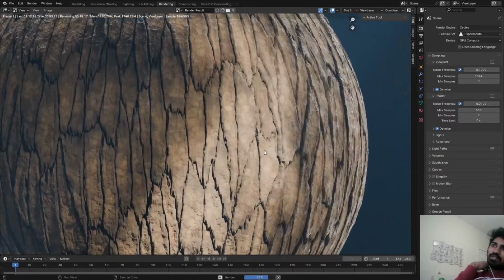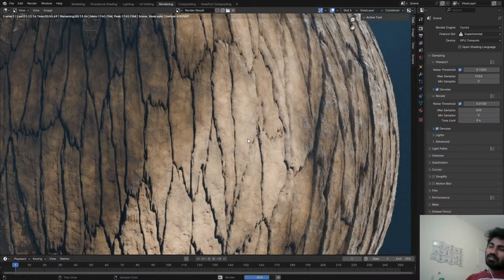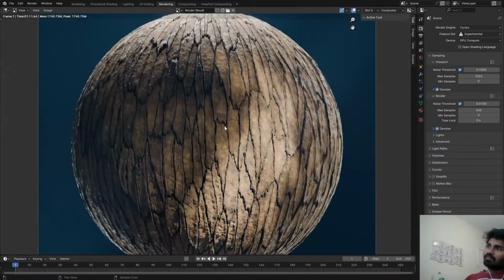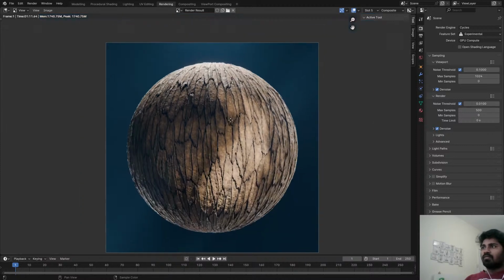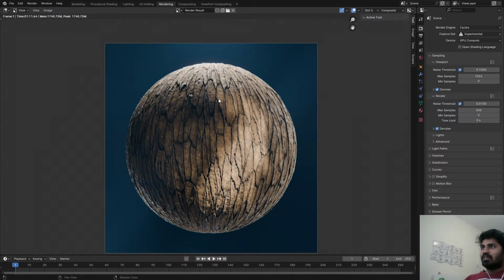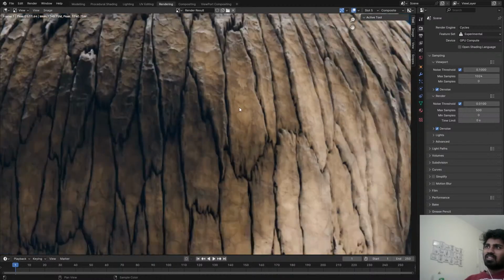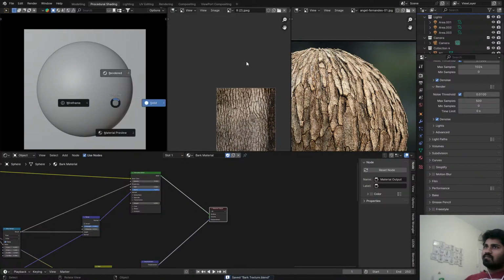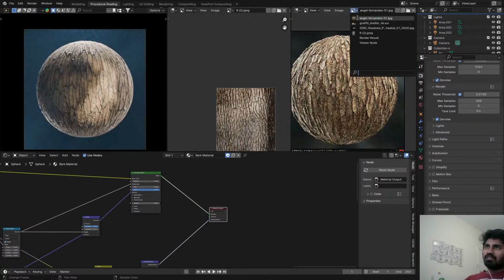Yeah, lighting is the one which I don't think I'm doing justice here. More color variation would be good. But yeah, I need to do a little bit more deep dive on how I want to do bark in general. So yeah, let's take a look at that. Yes. Doesn't feel like bark though. It looks so plasticky. I don't know what I'm doing wrong. I mean, definitely this reference is bad, so